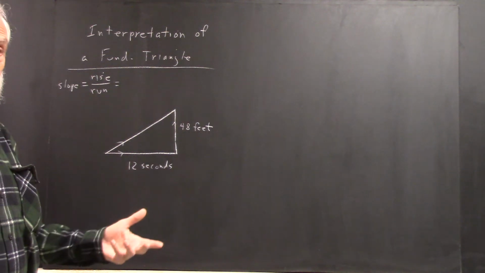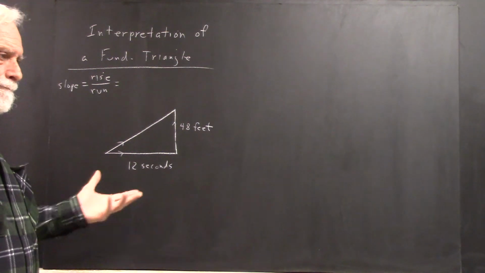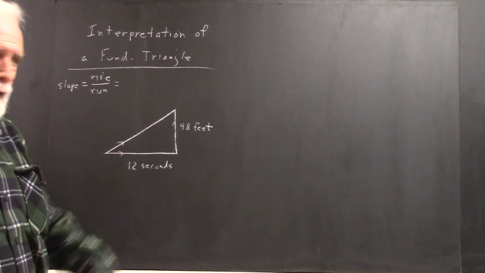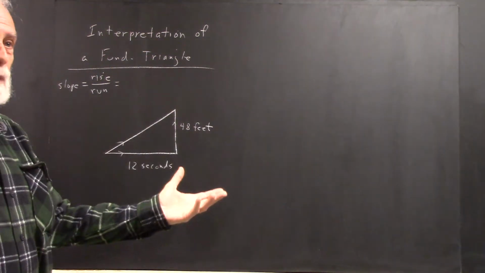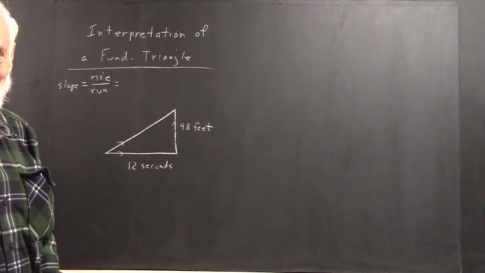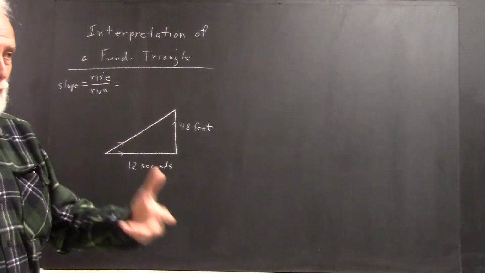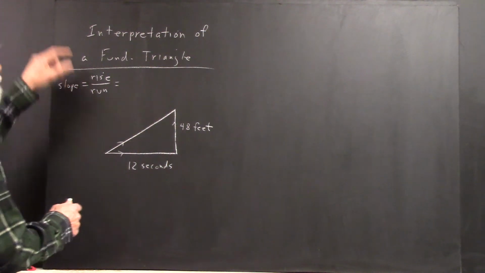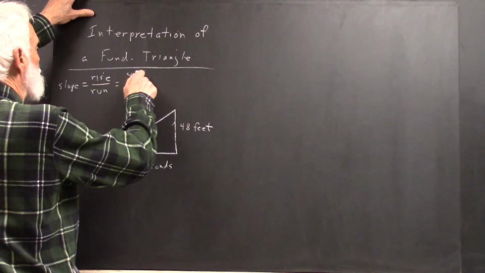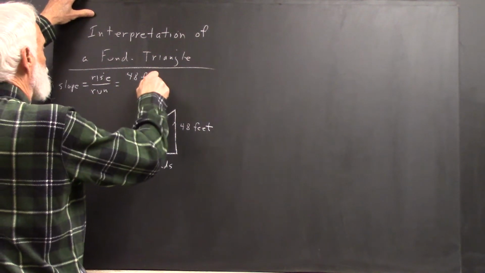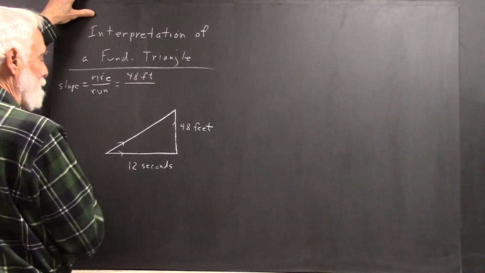Well, it's a bad habit that a lot of mathematics courses have. You just suppress the meaning. Why have a meaning if you've got numbers? Well, we have meanings, and the meanings are central, as you'll see. So the rise is 48 feet, and the run is